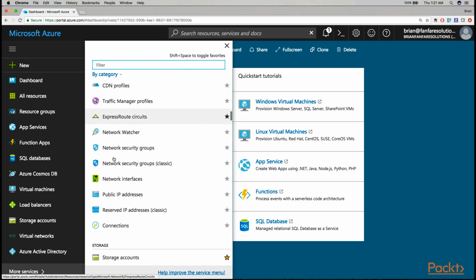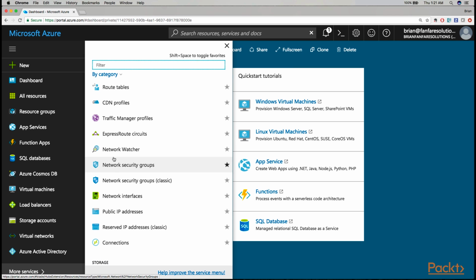The next few items are really, really deep items and are usually attached to other resources, but I do at least want to touch on them. Once again, I'm going to go into them in more detail. The Network Watcher is going to be part of the manageability and monitoring side, and it was something that I pointed out to you